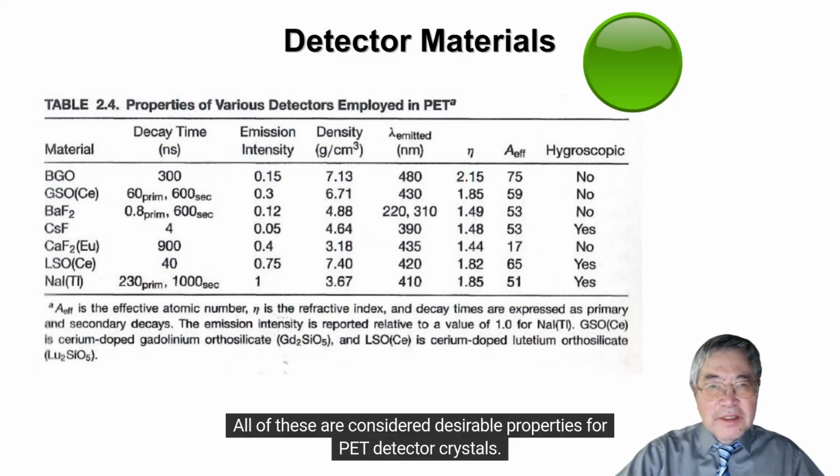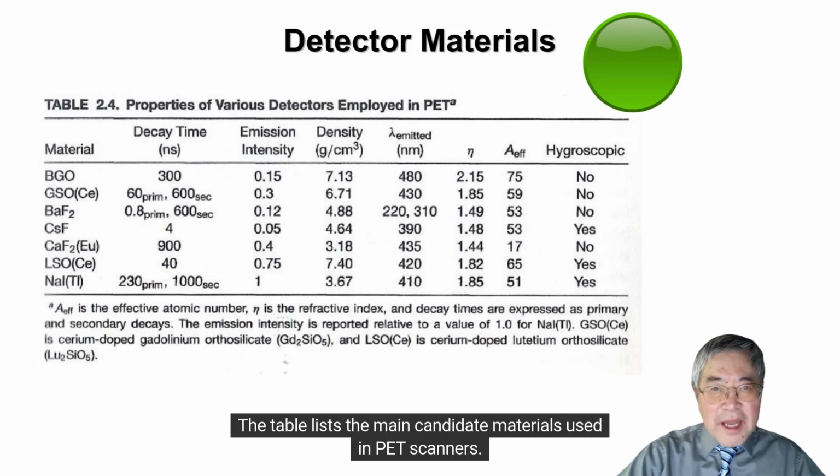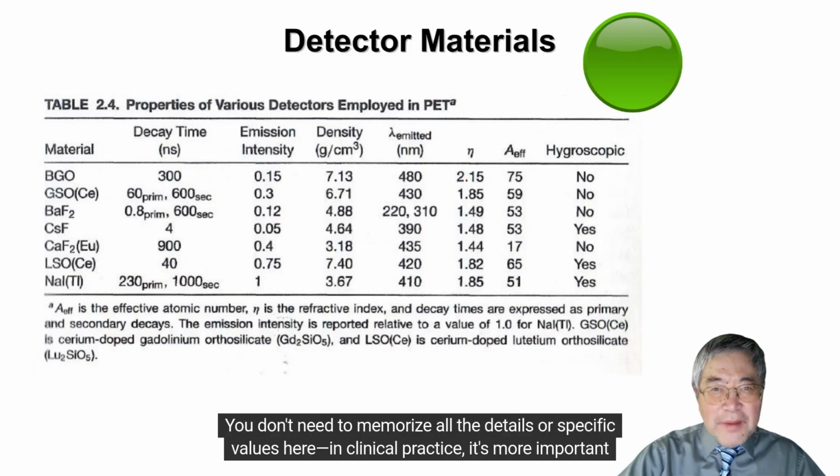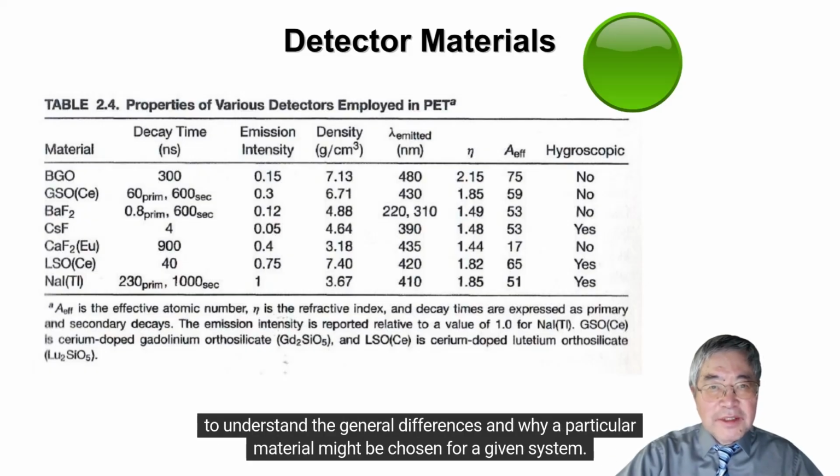All of these are considered desirable properties for PET detector crystals. The table lists the main candidate materials used in PET scanners. You don't need to memorize all the details or specific values here. In clinical practice, it's more important to understand the general differences and why a particular material might be chosen for